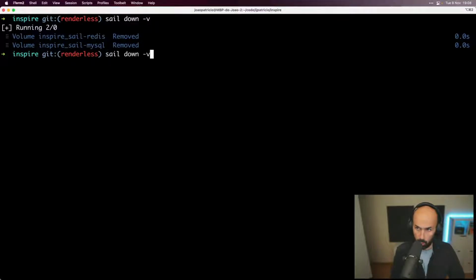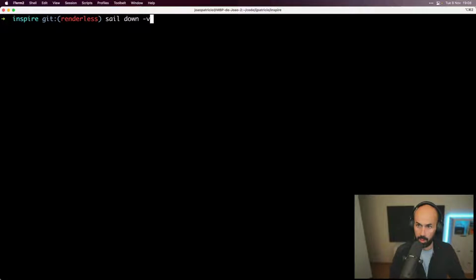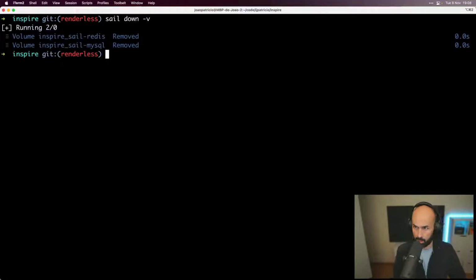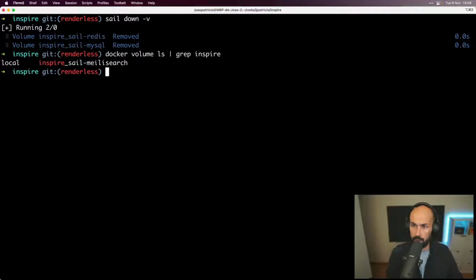So right now we can be sure there is nothing running. It's issuing again, but of course that command, that volume does not exist anymore. For sure, but I will even check it. Docker volume ls, and let's grep inspire,